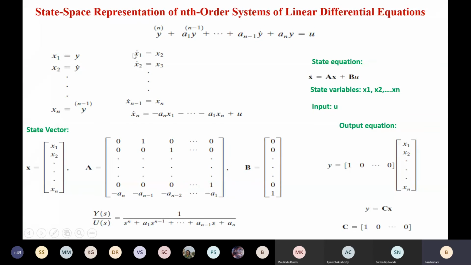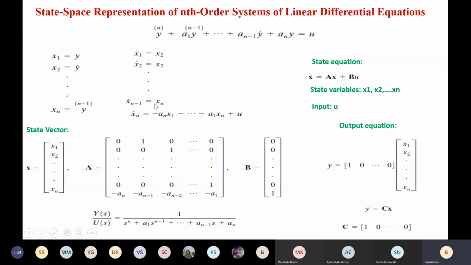Fine. So if you write this one as equation 1, this one as equation 2, likewise dot dot dot, this one as equation n, then the left side I can write in x dot form, where x dot equals x1 dot, x2 dot, dot dot dot, xn dot. Fine. Then I can write A into x, where x means again x1, x2, dot dot dot, xn. And A, how can I find it? I have to find A from these n number of equations, right?